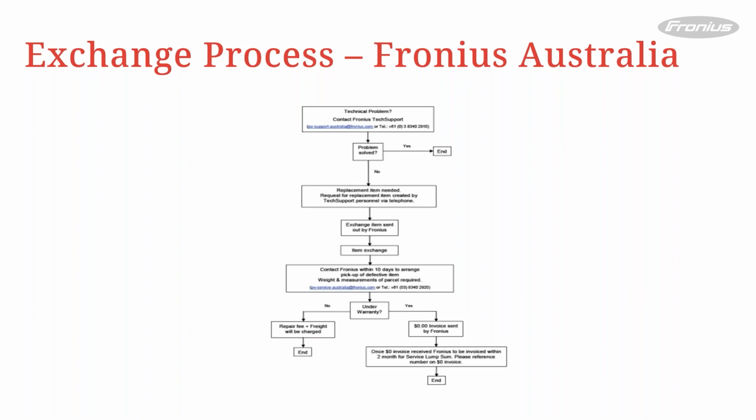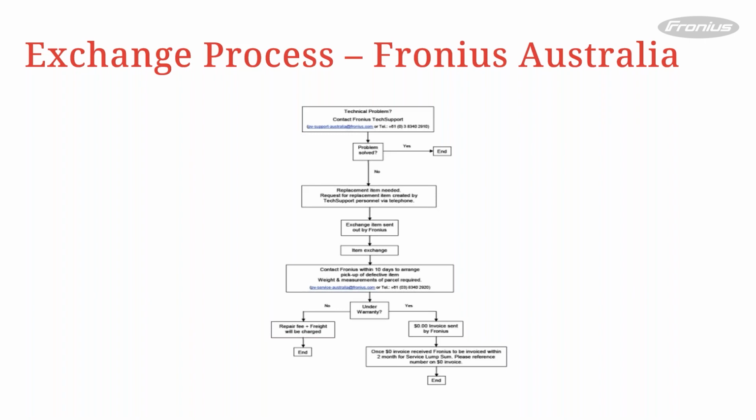So once that's been requested or raised with Fronius via phone call or via SOS, an exchange item is sent. And once the exchange item is sent, you would go to the site, replace the unit, and pack the faulty unit in the package that it came along with. And then you would need to get in touch with Fronius within 10 days to arrange for the pickup of